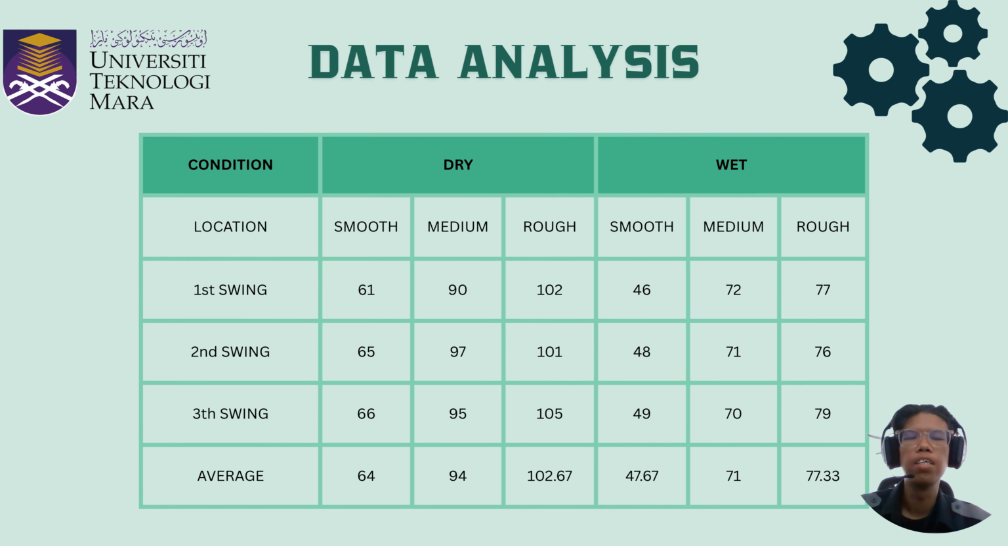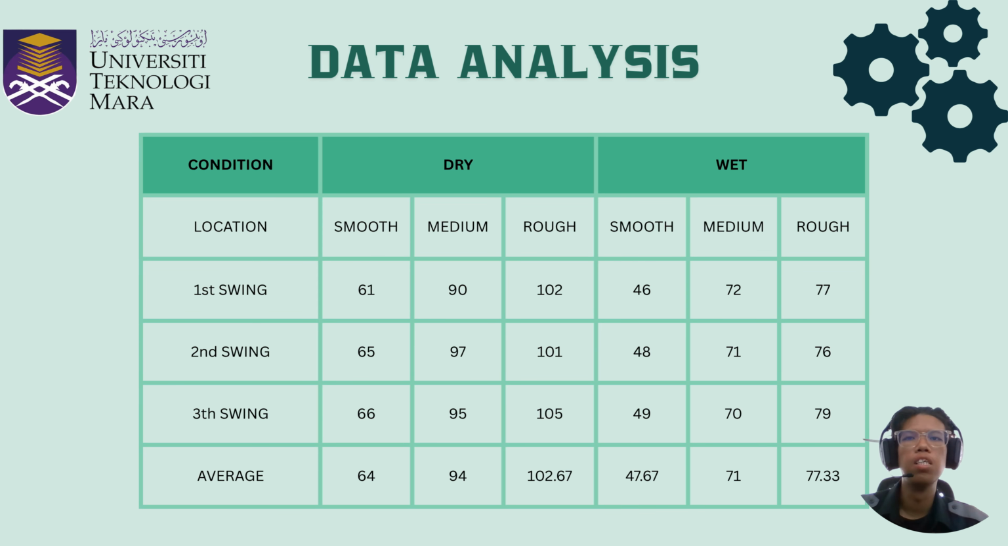Let's break down the data where we compare surface textures under dry and wet conditions. For the dry surface, we can see a clear upward trend as friction increases, with average values jumping from 64 on smooth to over 102 on rough surfaces. Now, look at the wet conditions. While the upward trend remains as the surface gets rougher, introducing moisture noticeably drops the overall values across every single